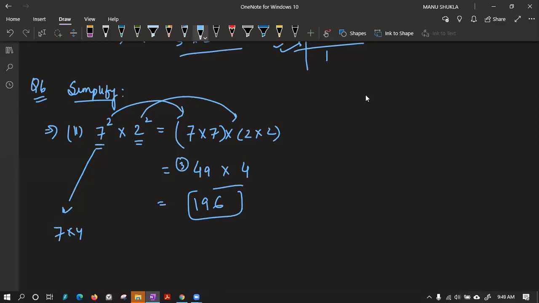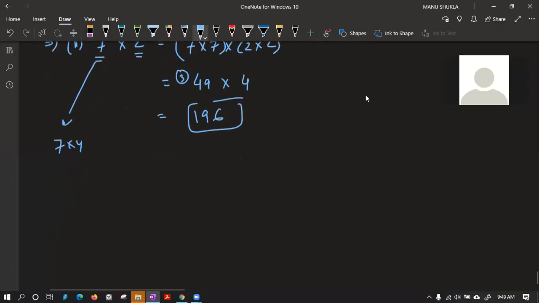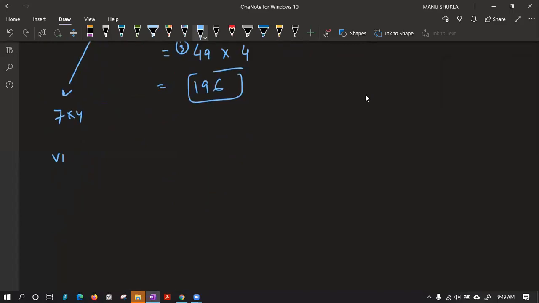That's it. Now let me take one more part for you. Suppose we take the 7th part, it is 2 power 4 into 3 power 2. Actually, these are very easy questions. So I suggest you try R.S. Aggarwal or R.D. Sharma, and if you are not getting the answer, you can always ask me on WhatsApp or in the class. So 2 power 4 can be written as 2 into 2 into 2 into 2, and 3 power 2 can be written as 3 into 3.